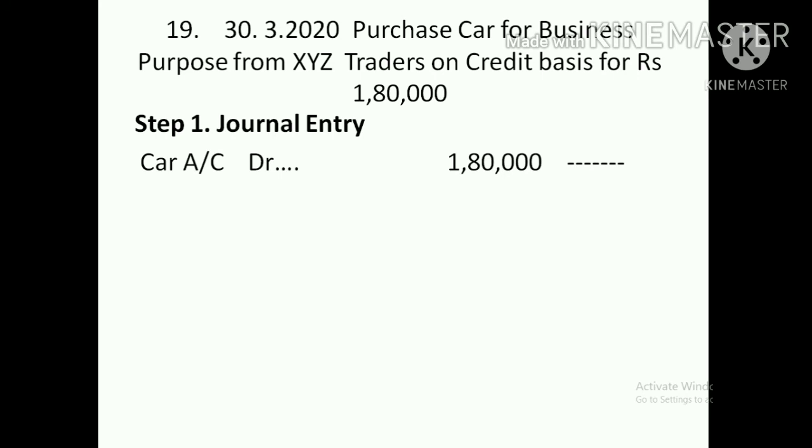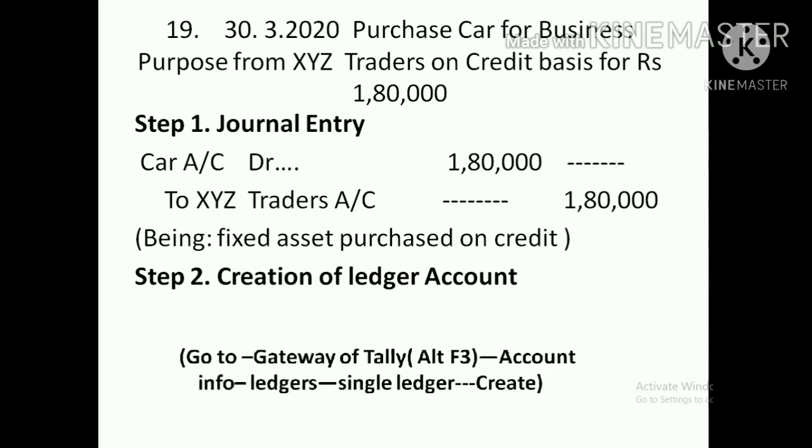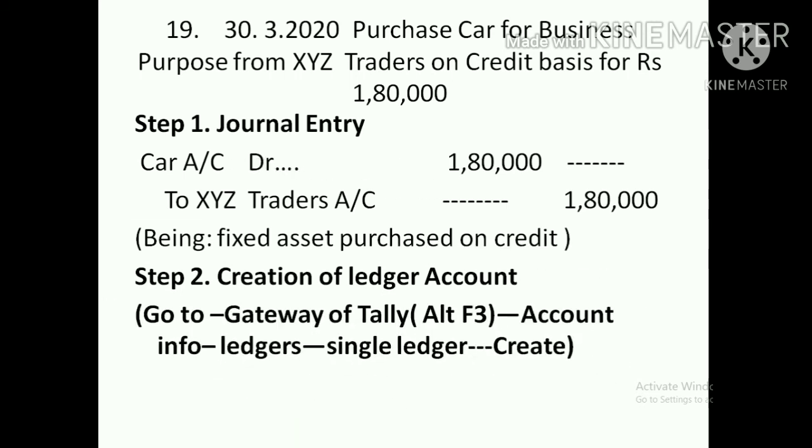The car is a fixed asset, so I debited it. Then it is a credit purchase, so here the supplier is XYZ. So I credited the giver, correct? Next, create the ledger accounts here. I need to create both accounts, car account and XYZ traders, because we don't have those accounts in our Tally software. So go for creation of